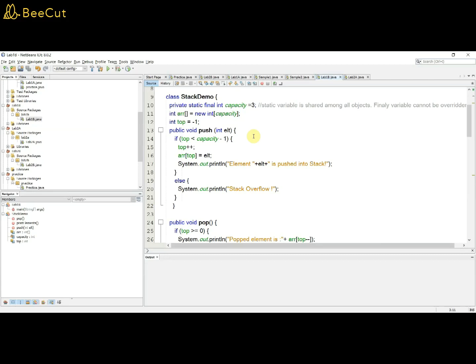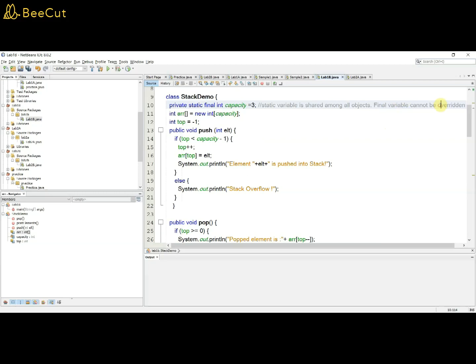But at the same time, this capacity should not be overridden. This capacity can be shared by the objects, but it should not be modified by other objects. For that purpose, there is a separate keyword in Java called final, where the variables you have declared as final cannot be overridden.